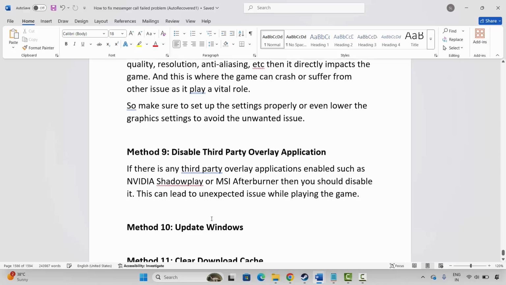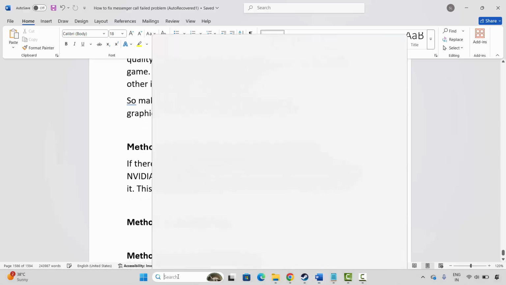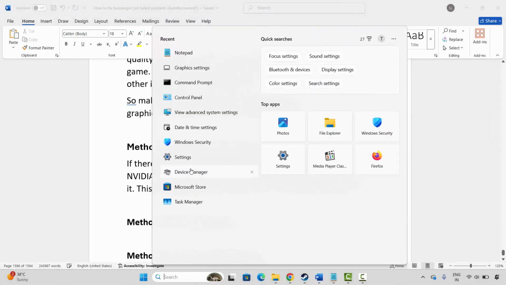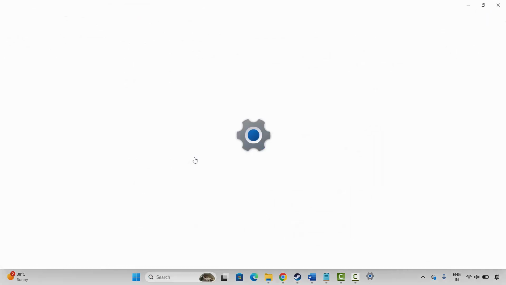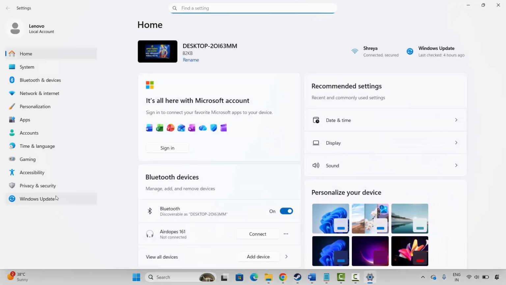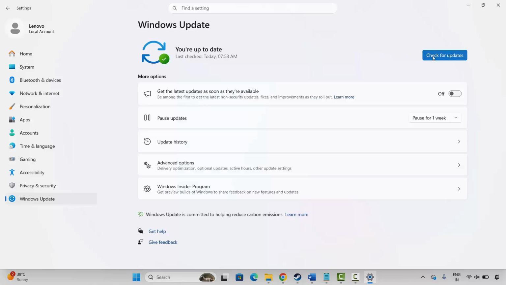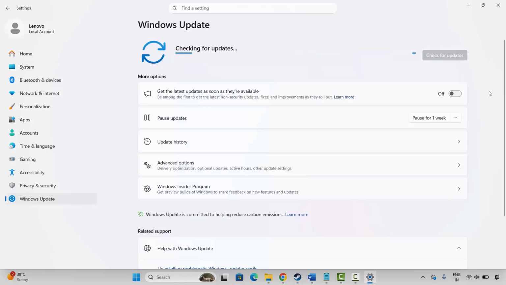Next method is to update Windows. So make sure your Windows is up to date. For that, go to the Windows search for settings. After that, here you have to click on Windows Update, click on check for updates. It will check if there is an update available. If yes, update your Windows to the latest version, and after that log into the game and check if you